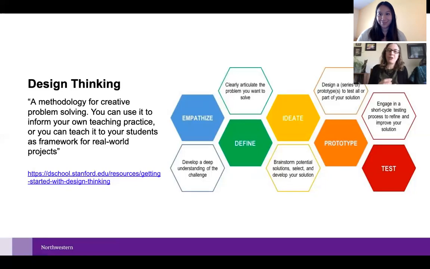Just really quickly, if we think about mapping mockups on top of the design thinking framework, the first card that you get is that user. Who is it that needs your help as a design team? And so we think about that as the empathize phase. The next stage, define,